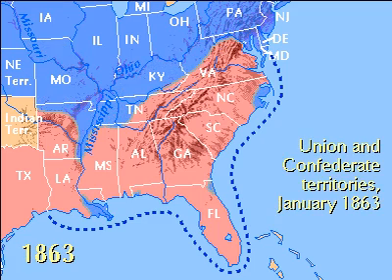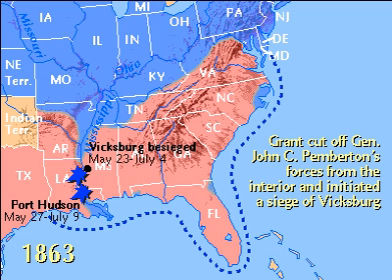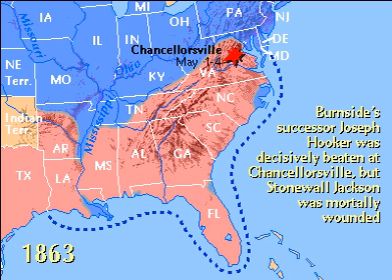At the start of 1863, Grant had failed to take Vicksburg, Mississippi. Leading the Army of Tennessee against the city, he had hoped to break the Confederacy's communications with the far west. By summer, he was determined. With direct attacks failing, Grant cut off Southern General John C. Pemberton's forces from the interior and settled in for a siege. In Virginia, Burnside's successor, Joseph Hooker, was decisively beaten by Lee at Chancellorsville, but it was a costly victory for the South. Stonewall Jackson was mortally wounded.